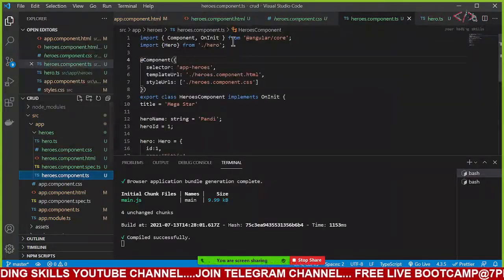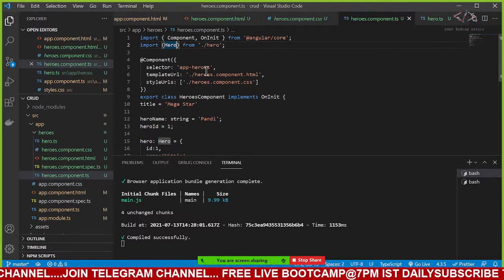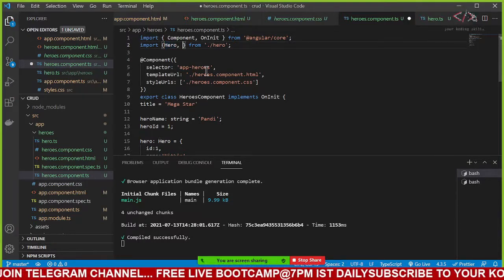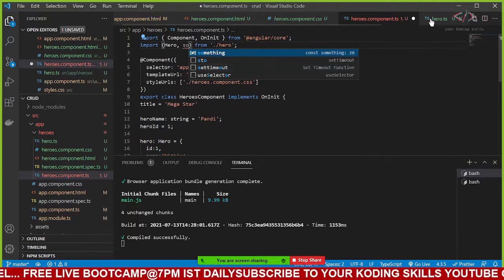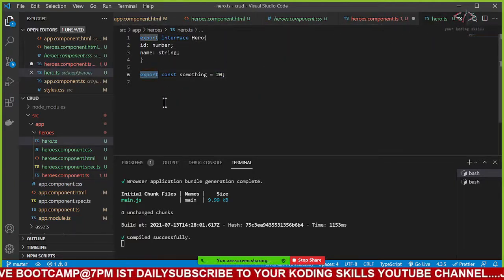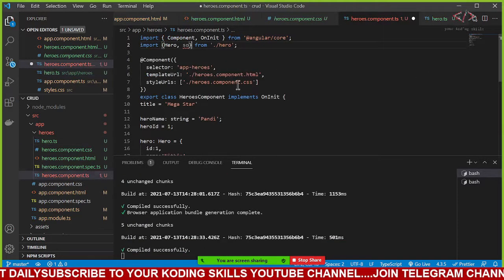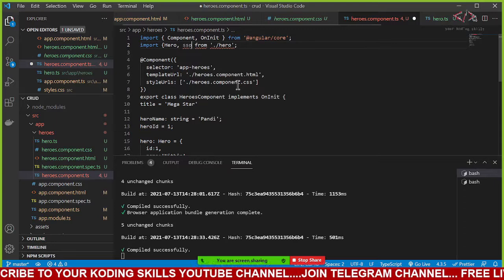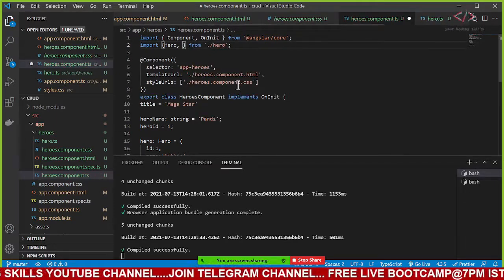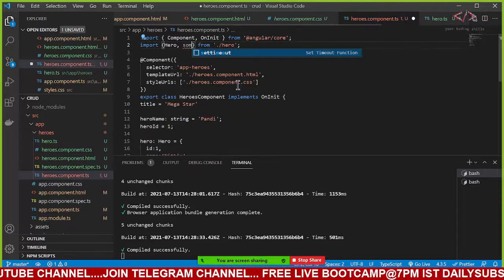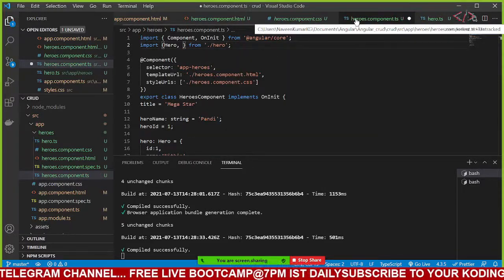So if you see here, what have you created? You have created another variable, right? You want to use it here. I'll put a comma. And now if I type something, see, something is suggested here because I am using export. If I don't use this export here, and if I go to my app component and just type SOM, see, something is not coming at all. So always understand that there is something called import and export.